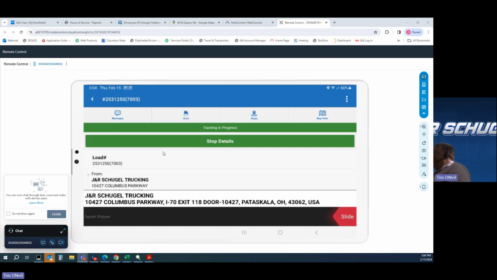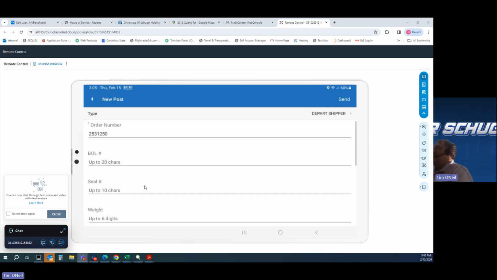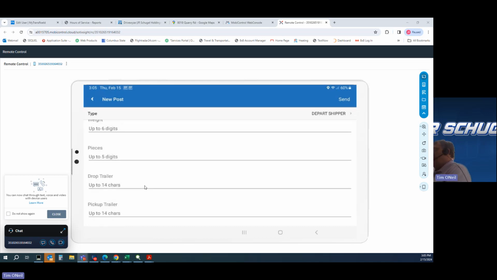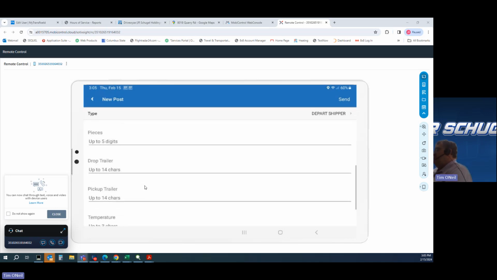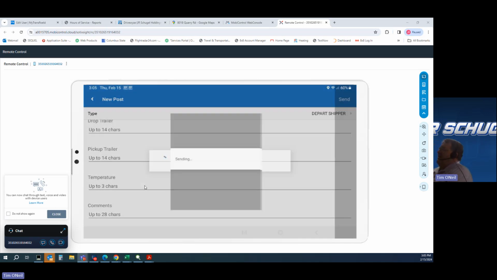Now, if you notice, the button at the bottom now is red. Red means you're going to have to fill information out. So now we slide that bar back to the left. And now you have to put in the information, your bill of lading, your seal, the weight, the pieces. If it's a drop trailer, if it's a pickup trailer, you should always have a trailer number and pickup trailer. If you're a reefer division driver, you'll add the temperature, and then you can leave a comment up to 28 characters if you need to send something. And then at the top, you would hit send, and now you tell your driver manager you're heading to the